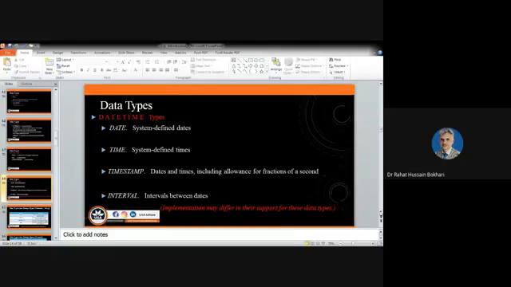Whenever we are likely to use any product, whether Oracle, SQL Server, or simple SQL, we have to check which sort of data types it is supporting and what the constraints are with that.